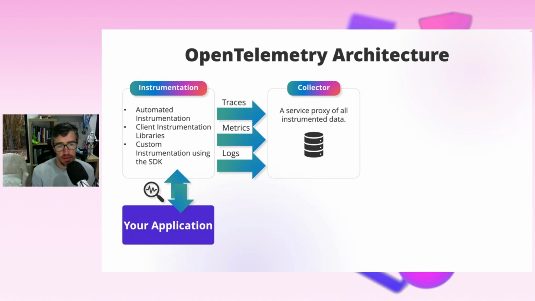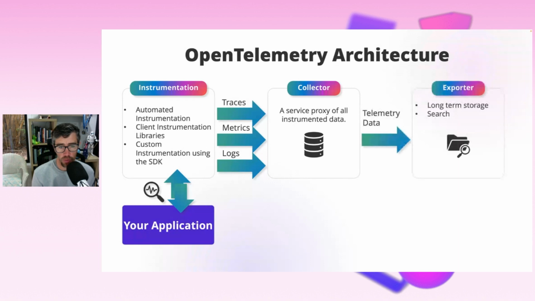So that's the traces. Metrics are more sort of data that you can collect about the system at runtime that's not specific to a particular user, like how fast things are running, how many API queries you have left, for example. And then logs is kind of what you would expect, which is an ILogger interface where you can use traditional logging, and that then gets captured and exported. So the collector takes all of that data and then puts it somewhere where you can store it long term and then search over it.